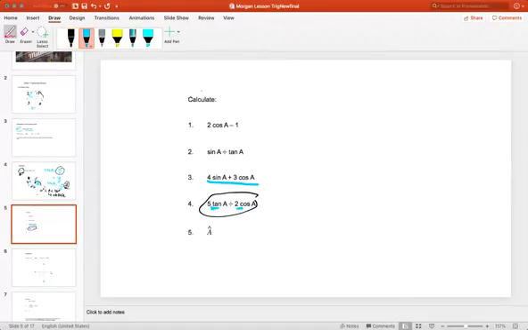Right, so we now need to find angle A. We should remember that to find angles in trig, it is the inverse of our trig ratio with one of them that they have given us. So if we go onto our calculators now, we would switch our calculators on. We would press shift, we would press sine, then our fraction button, 3 over 5, close the bracket and equals. And we see that we get